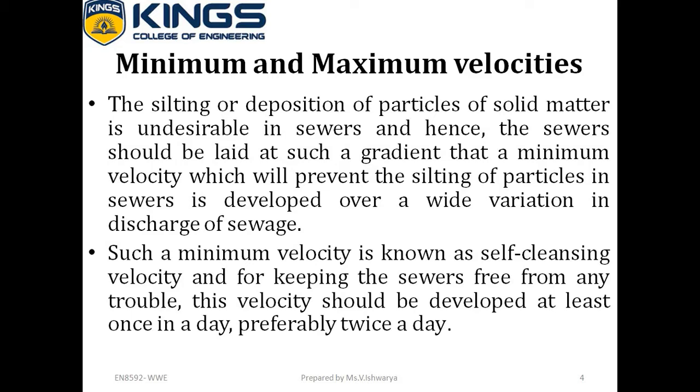So in order to design this, we need to design the minimum velocity and maximum velocity which is to be carried out in sewer pipes. Here we are going to discuss what is meant by minimum velocity. Minimum velocity means the deposition of particles or solid matter which may deposit under the surface of the sewer. So it may result in clogging of sewer. Therefore, this must be avoided by providing minimum velocity to move over, that is, to avoid deposition of particles. This maintenance of minimum velocity is known as self-cleansing velocity.